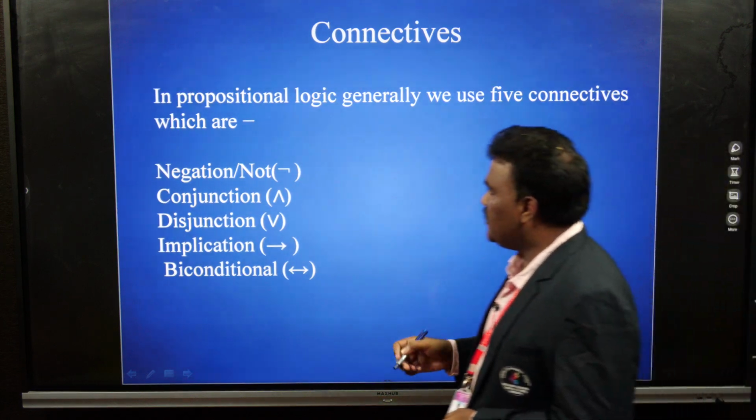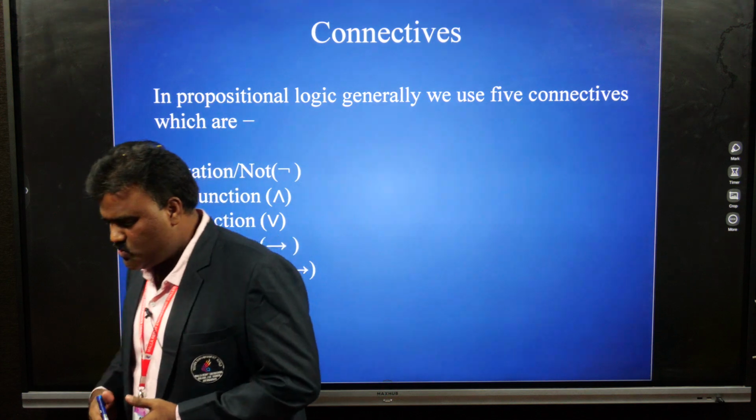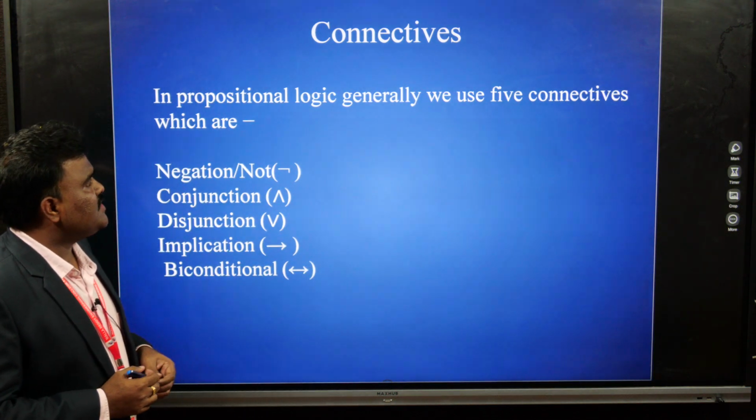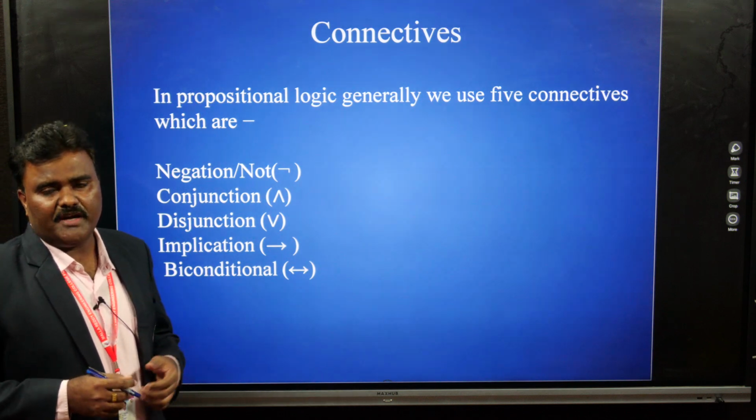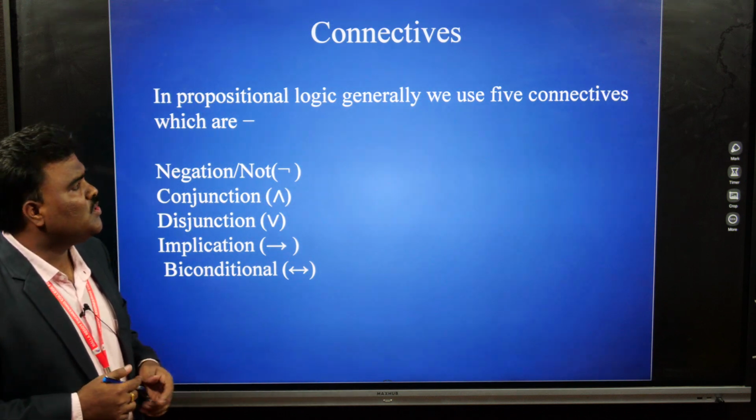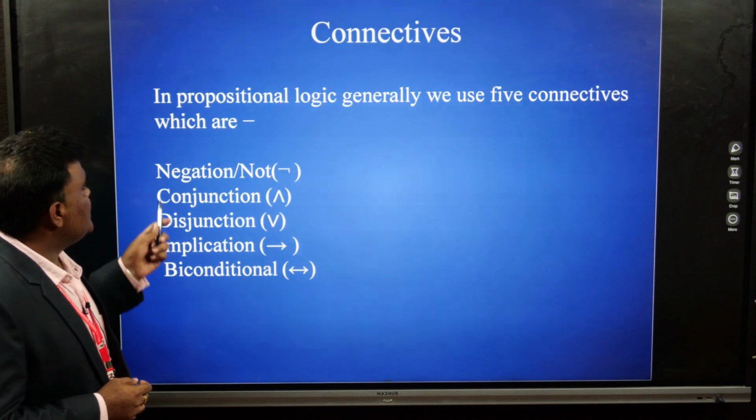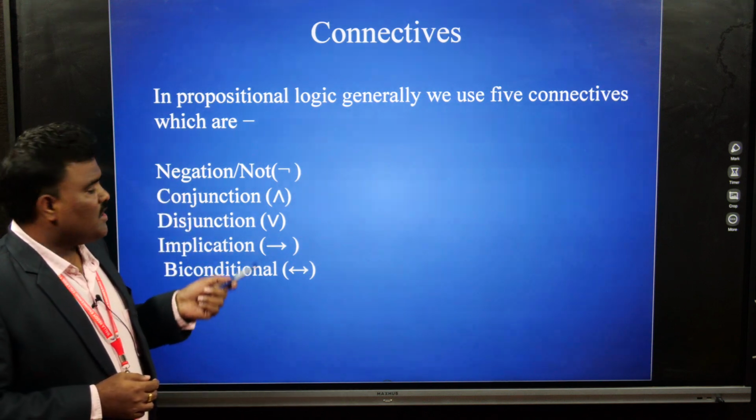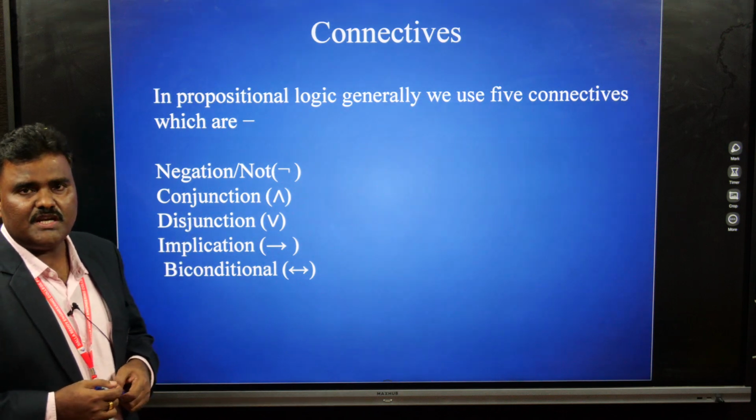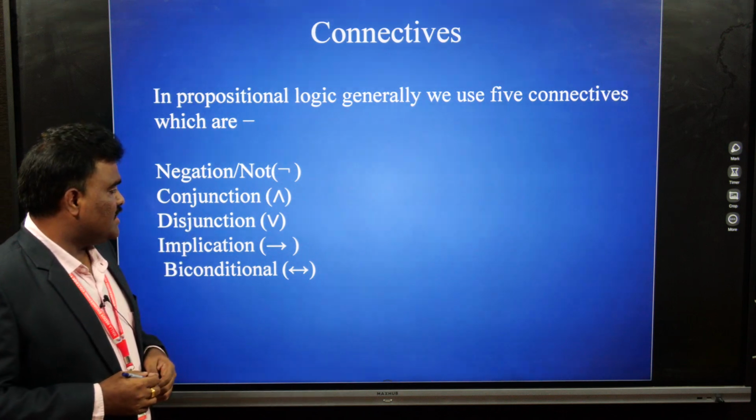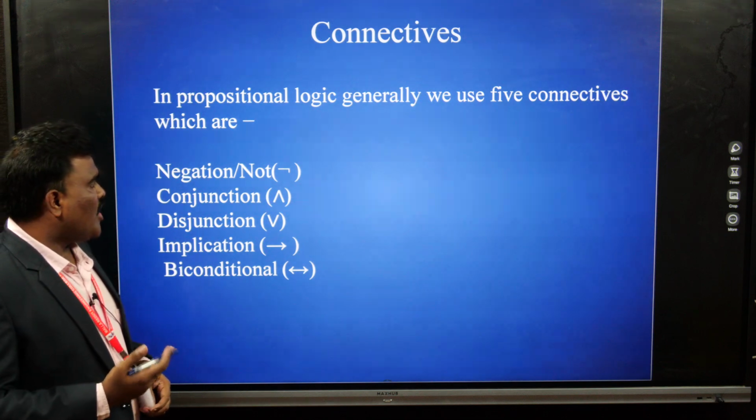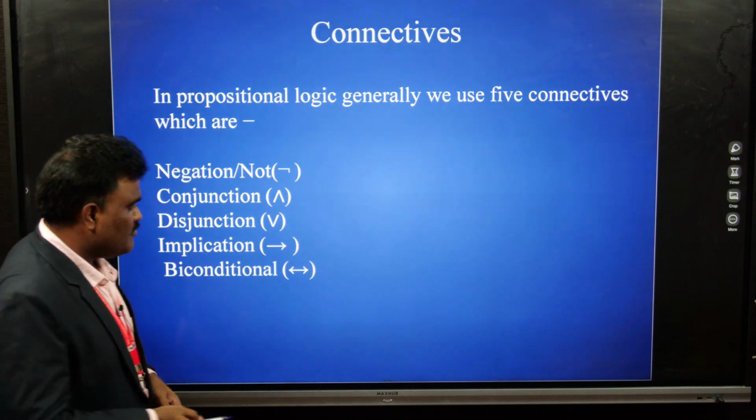Now we will see the connectives. What are the different connectives we use in order to obtain formulas? A connective is a logical operator which can be used to connect any two statements. Here we have 5 basic connectives: negation, conjunction, disjunction, implication, and biconditional. Negation we can also call NOT, which is represented with symbols like